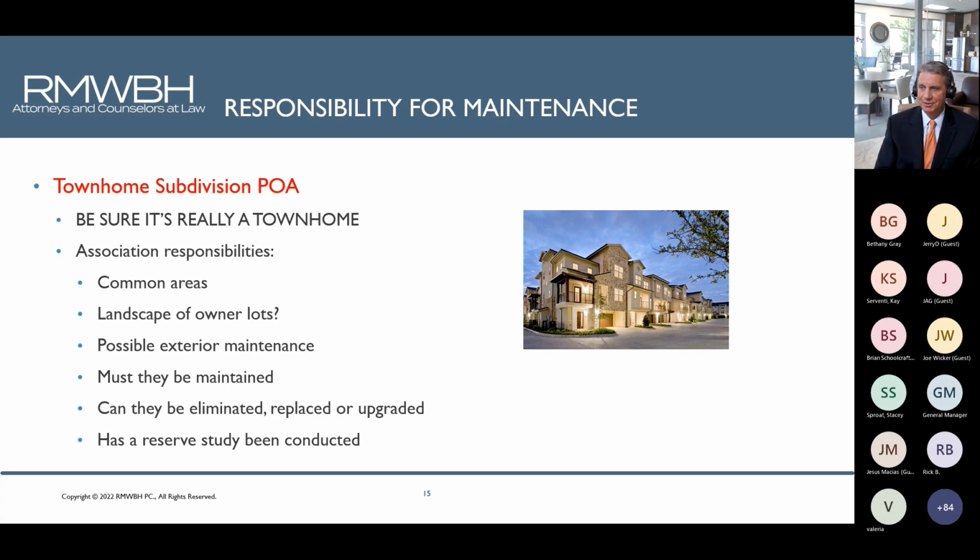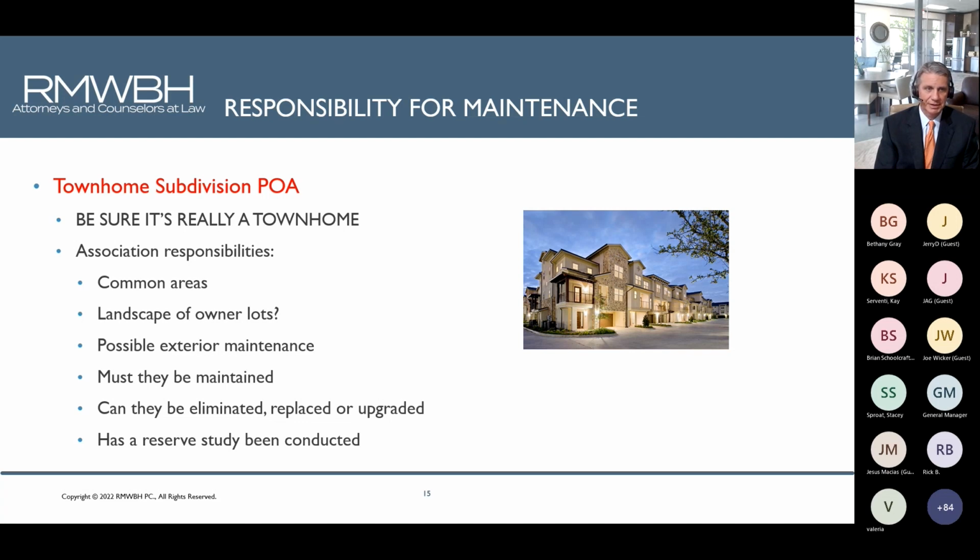There's a certain set of understanding rules on what is a townhome versus a condominium. Really, you look at how it is dedicated out in the governing documents. But oftentimes people call it one versus the other, and it's just flat wrong. So you want to really make sure it's a townhome, because you're going to have some different responsibilities for a townhome versus a condominium. For example, the association's responsibilities for a townhome: common areas, landscape of owner lots. There may be an obligation for the landscaping of owner lots that you may not see in a condominium